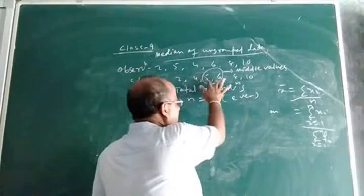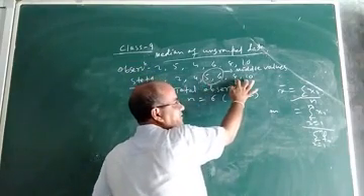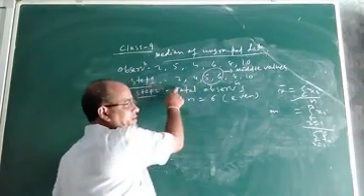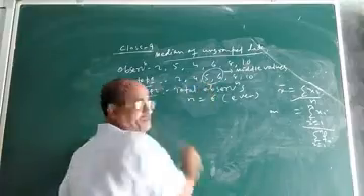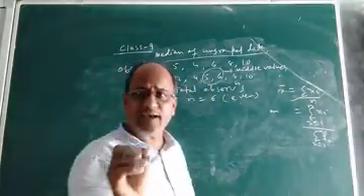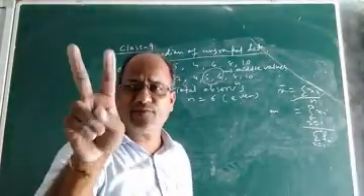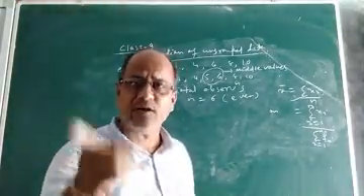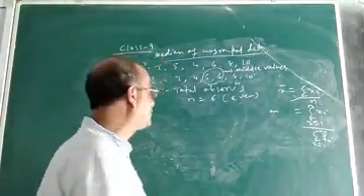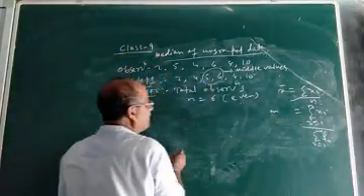Why are there two middle values? Because after this, how many observations are there? 2. And before this, how many observations are there? 2. So definitely these are the two middle values. In case the total number of observations is even, you will find two middle values.